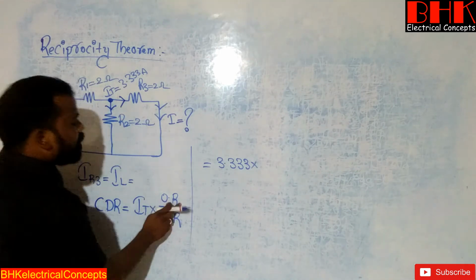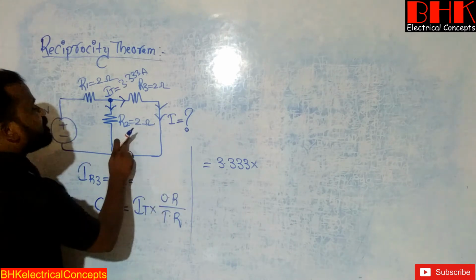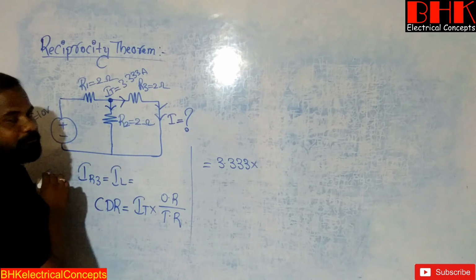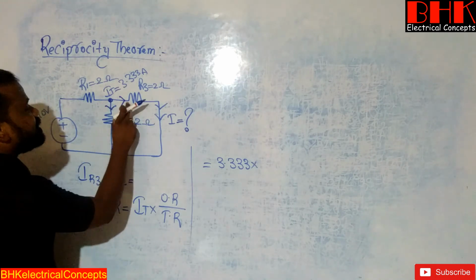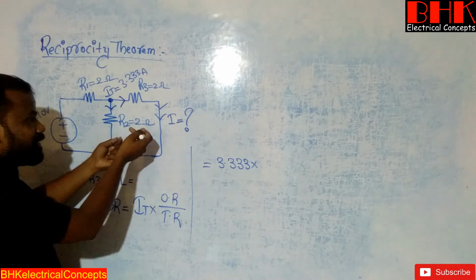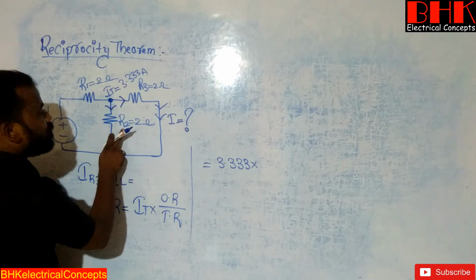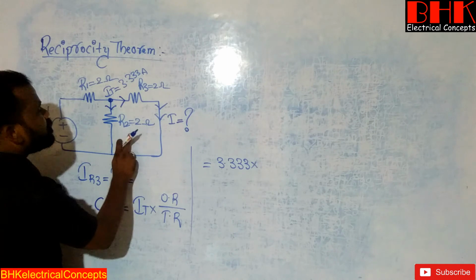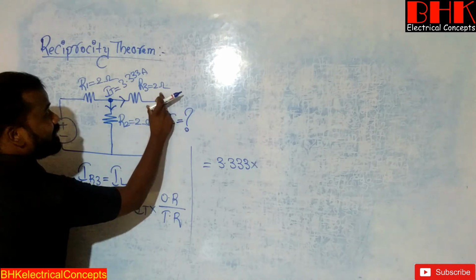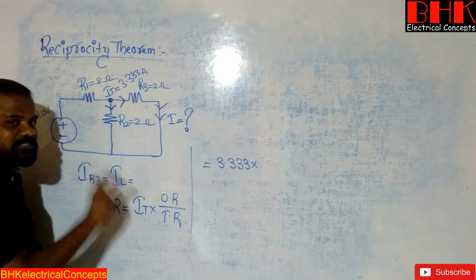Now come to the point of opposite resistance. How are we going to select the value of opposite resistance from the circuit? Just observe here. At this junction point total current is the same, but after this junction point current is divided into these two branches. So we need to consider only the branches in which the current is divided. It means R2 and R3. Only in these two branches is the current divided. That's why whenever we calculate the value of current in R3, we need to consider the opposite resistance as R2. Clear?